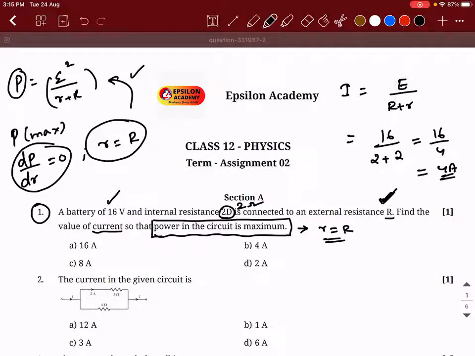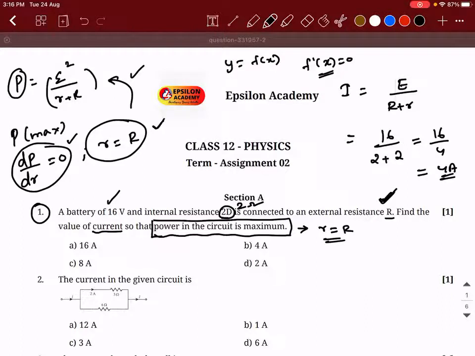Okay, sir. For max power, that is E squared by R plus r, there we have to substitute r equal to R. What will happen? See, power is equal to E square divided by small r plus capital R. When power is maximum, I am not sure how many of you have learned applications of derivatives. Does everybody know the concept of maxima and minima? Yes, sir. If y is equal to f of x has a maximum value, then the condition is f dash of x equal to 0. In a similar way, if you do dP by dr and equate it to 0, you will get small r equal to capital R.